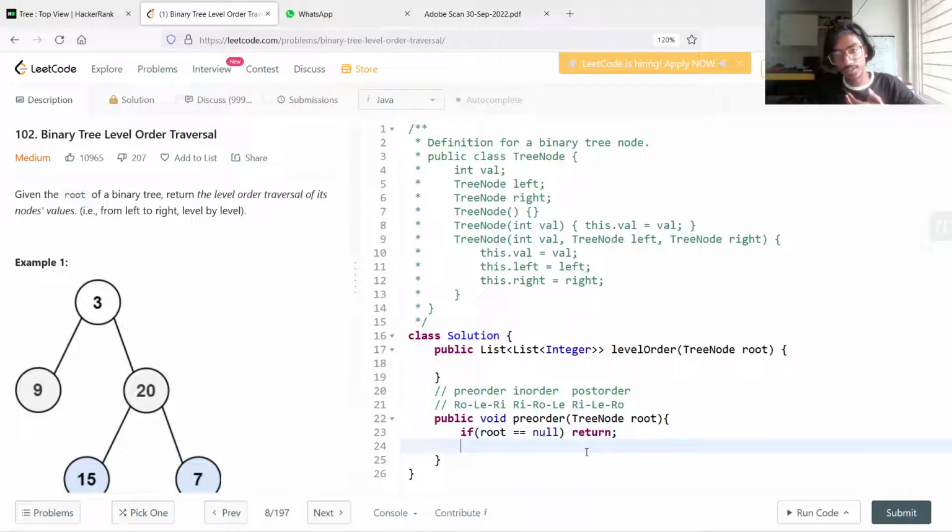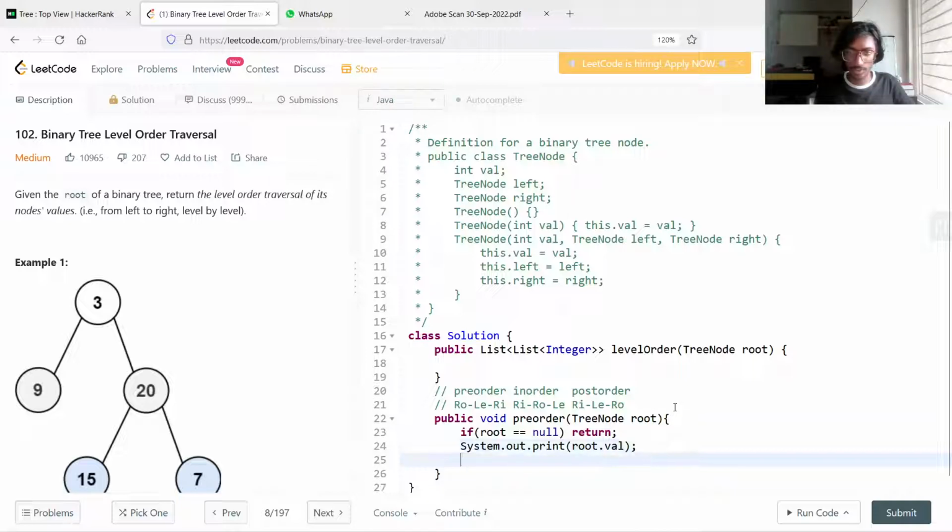First, let's write for pre-order. In pre-order, the root value is first. So let me print the root value. Here you can see the class's structure is like this. It's the value, and then left and right, and there's a constructor here. In the constructor, you can pass in the value, and you can create new nodes. We'll think about it later. But now our main problem is we have to print the pre-order of the tree. So the root dot val, and then next it's going to be a recursion call